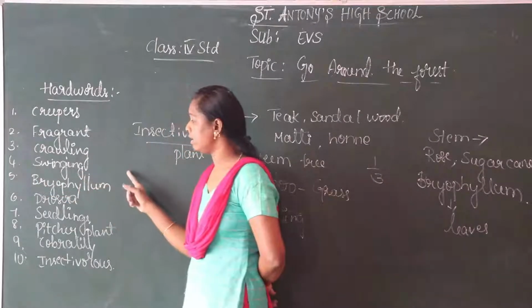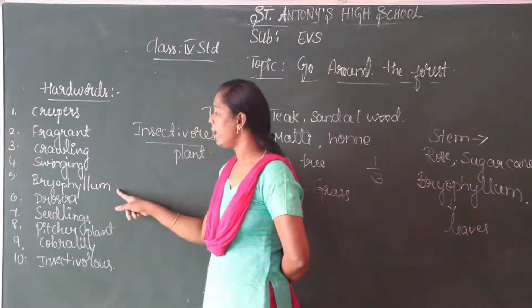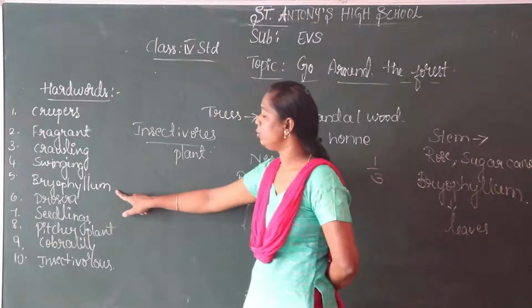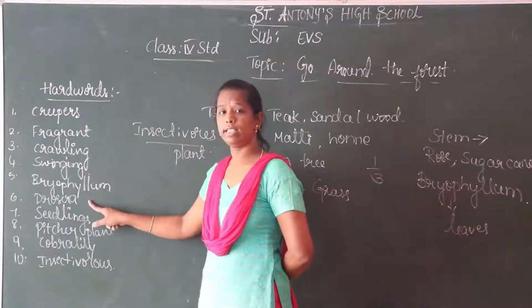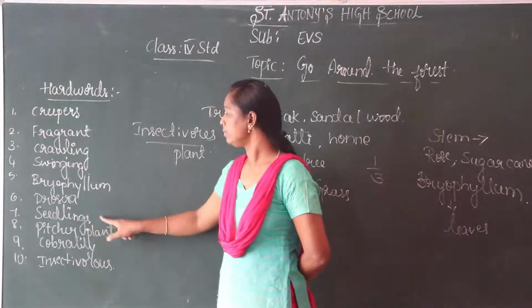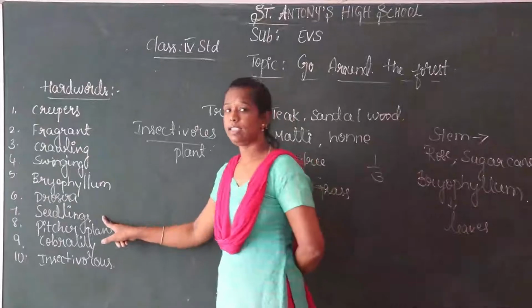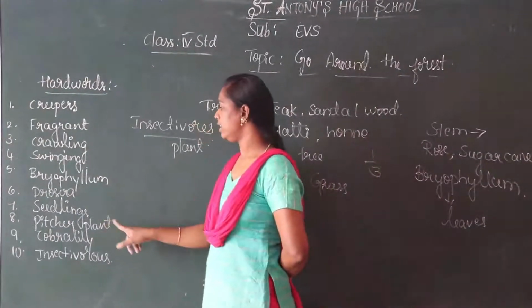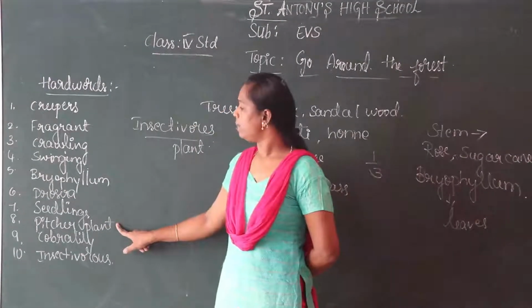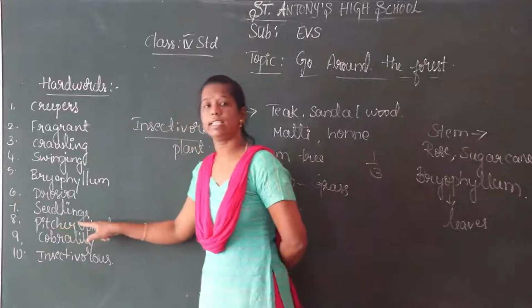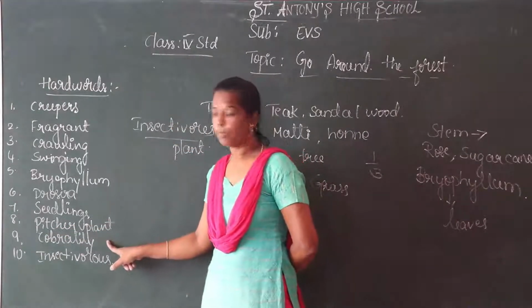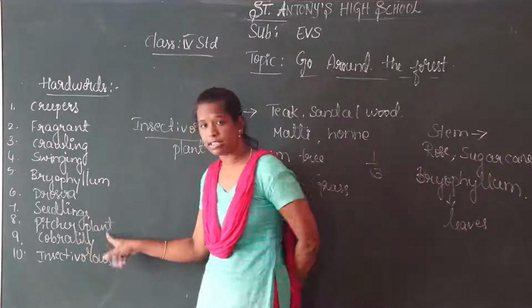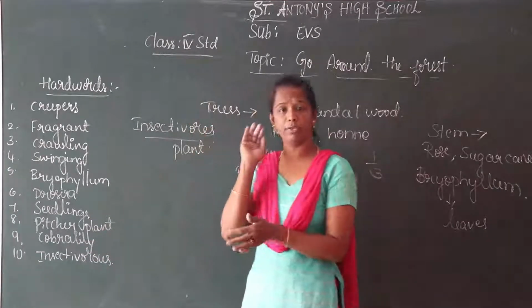Swinging. Bryophyllum. Drosera. Seedlings. Pitcher plant. Cobra lily. This plant looks like a cobra. You know cobra, how